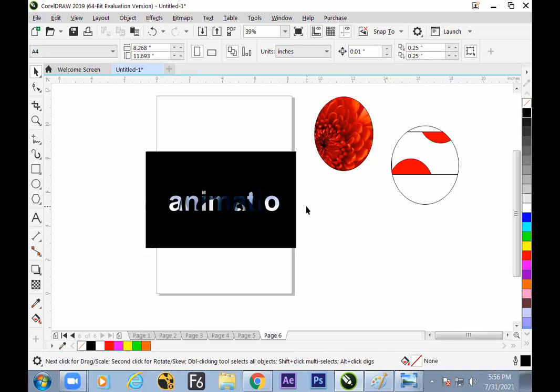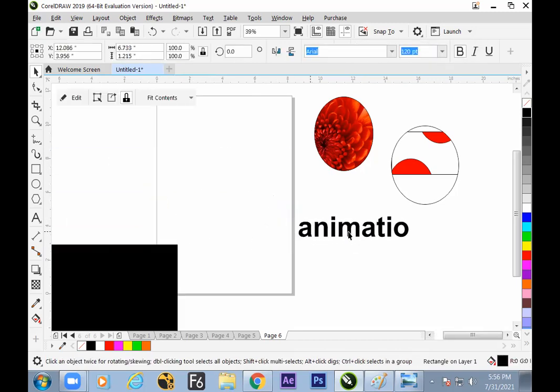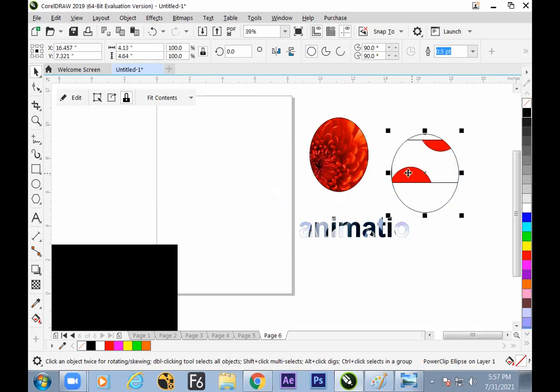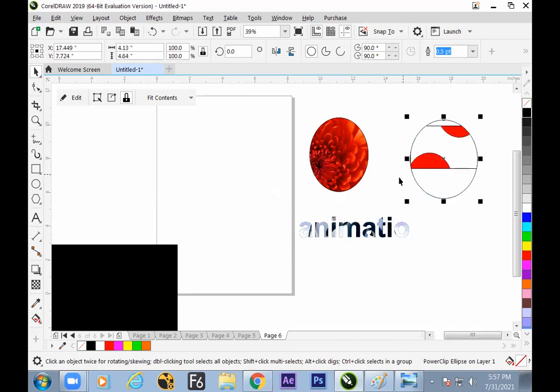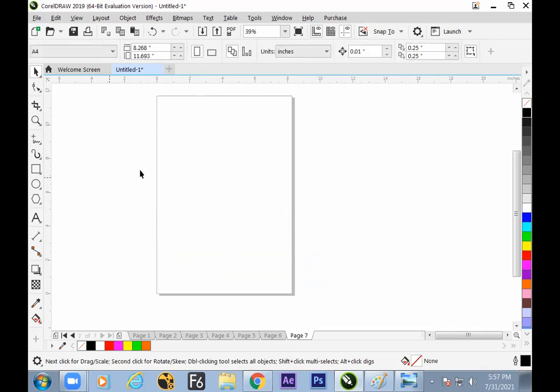Is it clear? Now we have seen the power clip inside a text also, with the image also. And this is, I don't know what this exercise is, or we can consider this as a visiting card kind of thing. To make a visiting card, this concept is used. So let us go for practical output.